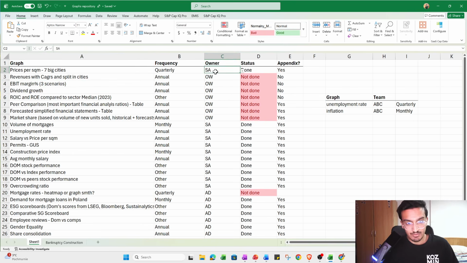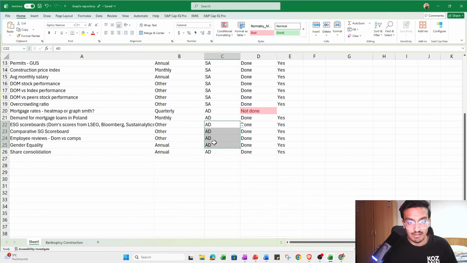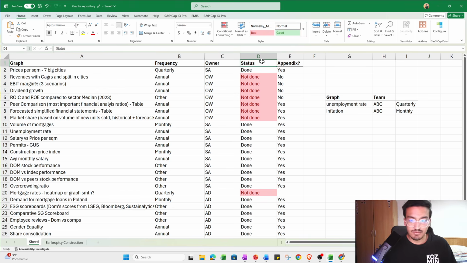Assign the owner. So SA, for example, is my initials. Shaheer and Sari are doing the graphs. OW is doing the graphs. AD is doing the graphs. Status, done or not done. Whether that graph is initially planned to go into the annexes,